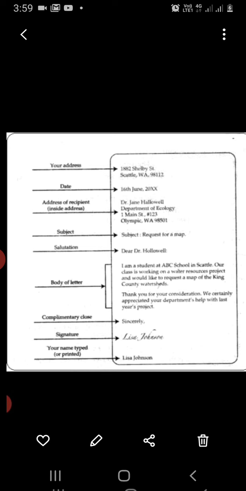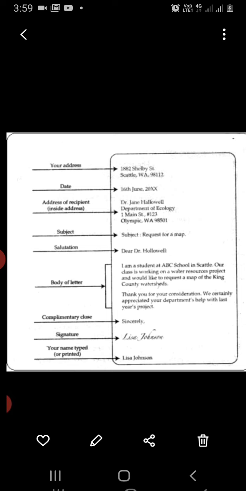It is usually written at the left hand corner, and the telephone number and the telegraphic address, if any, are written below the address. After that, skip one line and write the date. The date is written on the left side below the sender's address. After that, again skip one line and write the address of the receiver. Each line of the address begins on the left margin.